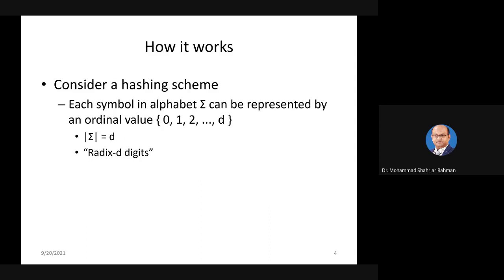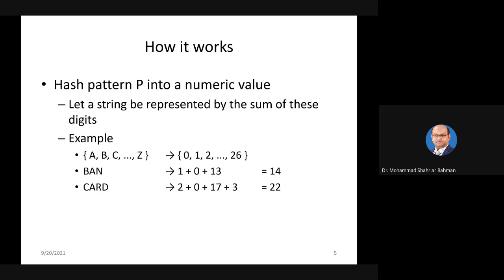So আমরা ওই ক্যারেক্টার বেসড সার্চ না করে এই ইন্টিজার ভ্যালু জেনারেট করে সেখান থেকে সার্চ করা। তাহলে এখানে কি হতে পারে? We have hash pattern p, and we are actually converting it to a numeric value, and then the string given will have a numeric value. For example, আমাদের যদি ABCD থেকে A থেকে Z পর্যন্ত নেই, তো 0 to 26 এই ভ্যালুগুলো যদি অ্যাসাইন করে রাখি,